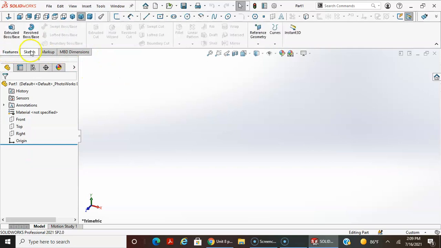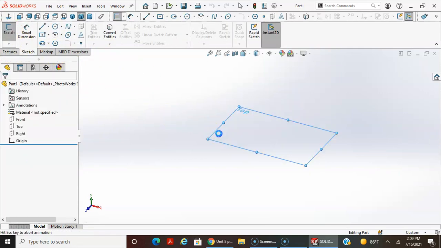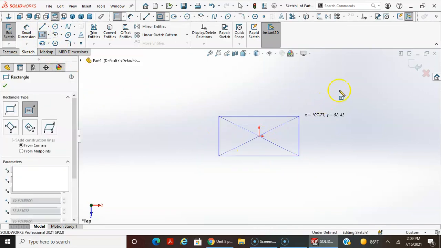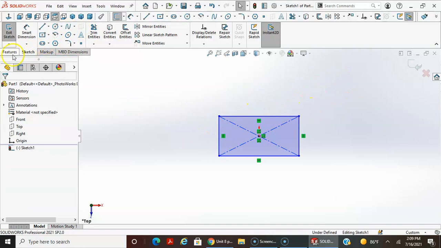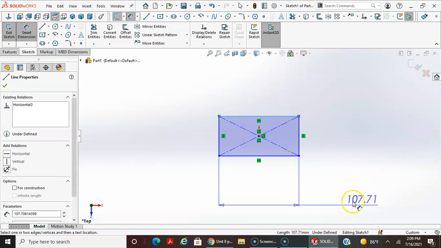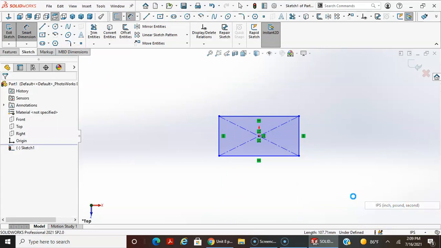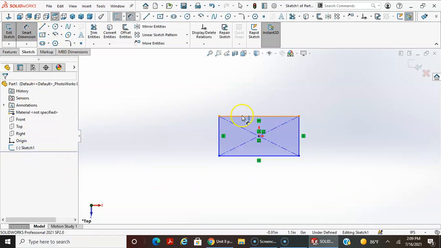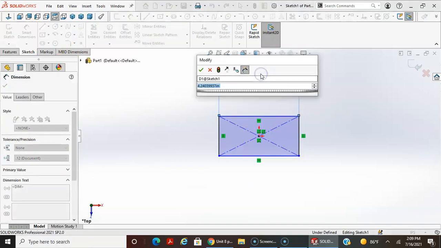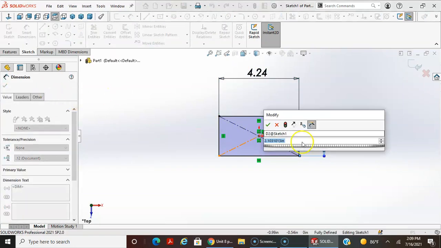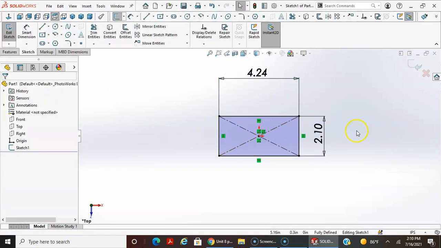Okay. So in Sketch, orientation and origin don't matter. And I'll just put a rectangle here. I'm going to dimension this. Let me go to inch, pound, second, edit. Dimension this as 10. That's fine. 4 inches is fine. Just so it's fully defined. Yes. And then